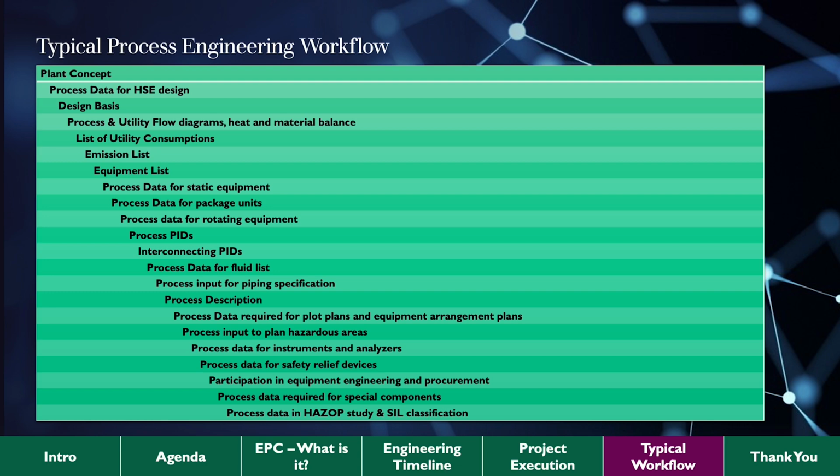How many times have you seen the heat and material balance? Because I've never seen one. Oh my goodness, yeah. Process and utility flow diagrams, didn't even know they existed. Utility consumption, we don't even talk about it until we don't have enough. Emission list. So the problem with these sequences is twofold. There are two main contributors to that. Number one, what we mentioned earlier,